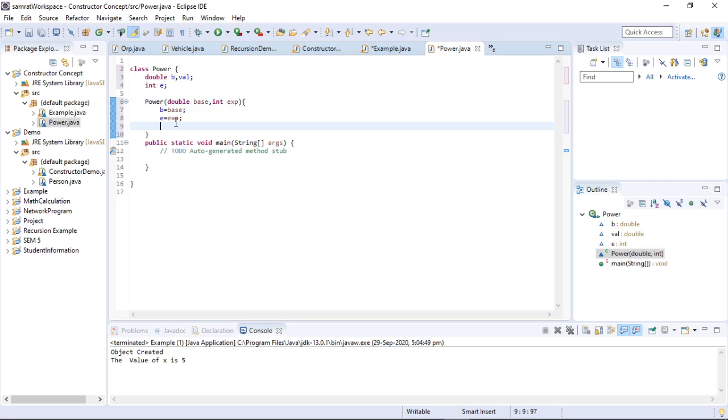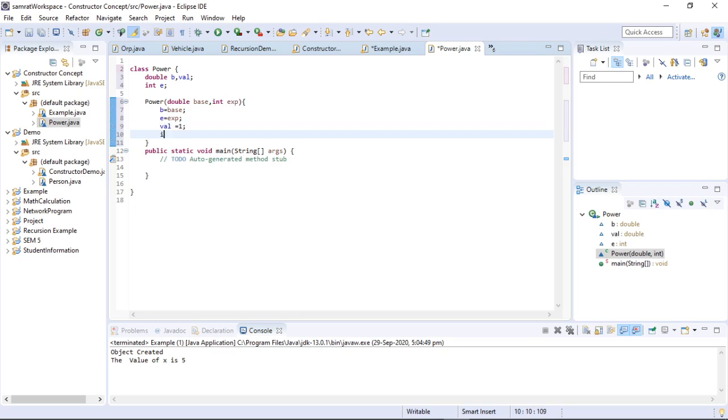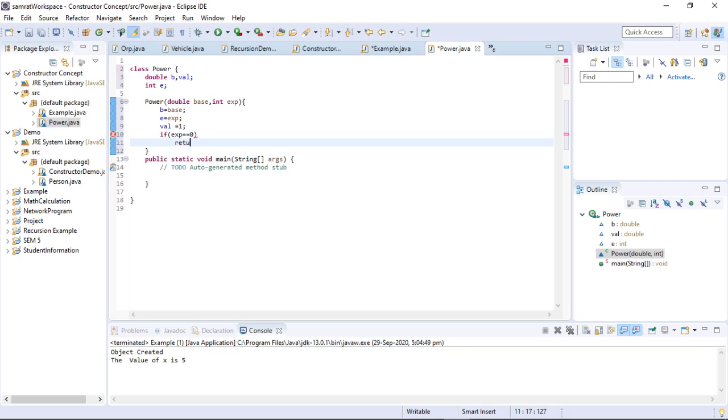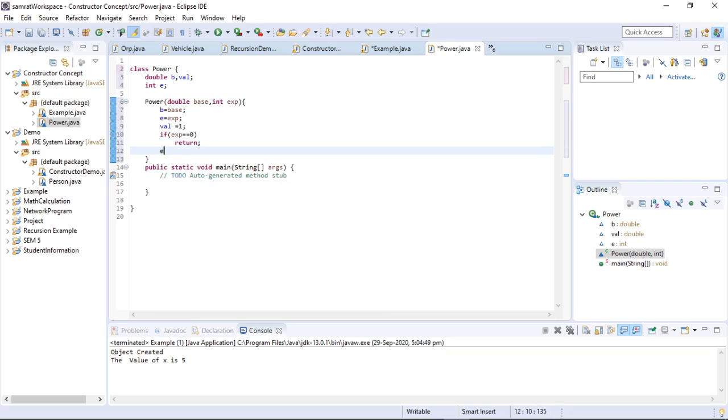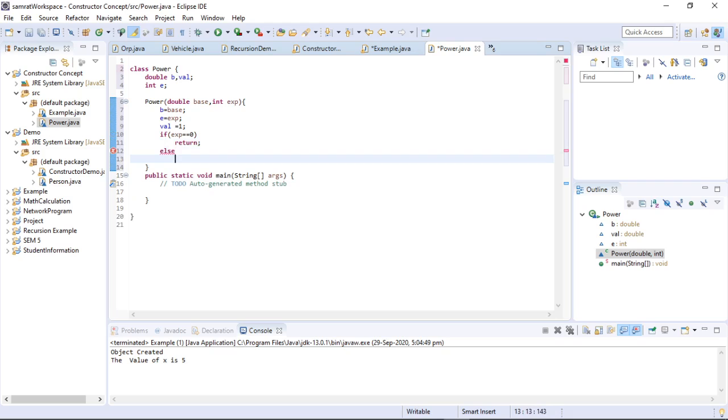Now after that what you can do is that first assign val equals to 1, okay, val equals to 1. Now if exp अगर मेरा 0 होता है तो देन क्या करूँगा मैं, देन कुछ नहीं, रिटर्न कर दूंगा, रिटर्न। एल्स क्या करूँगा, एल्स मैं एक्सपोनेंट निकालूंगा। तो यहाँ पे मैंने क्या किया, यहाँ पे मैंने